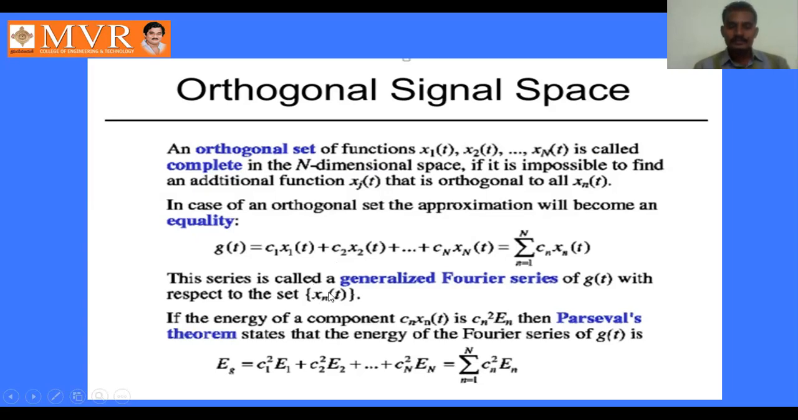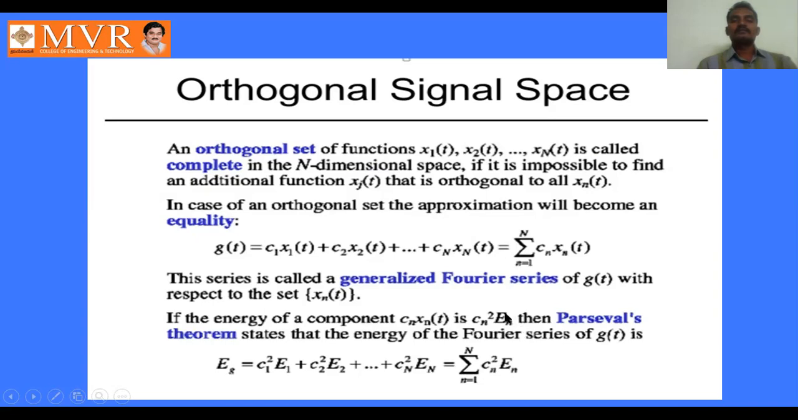So a complete set is represented like this. It is a complete or closed set. So if the energy of a component cn xn(t) is cn squared En,